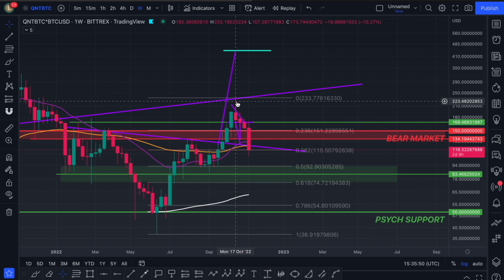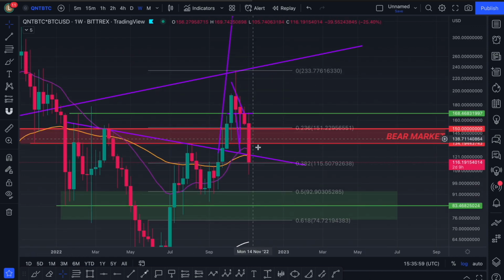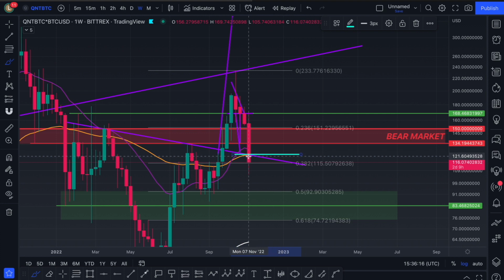But the week of the 17th, whenever we hit that key resistance, I was warning you guys that we need to come back and retest these key levels. And unfortunately, we have fallen through them. Technically, yes, if you hold this on the weekly time frame, the inverse head and shoulders neckline, as well as the 55 weekly EMA, you're still keeping this uptrend intact. But I must warn you guys,